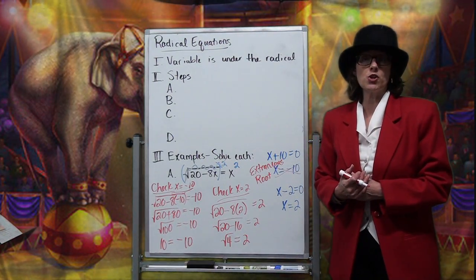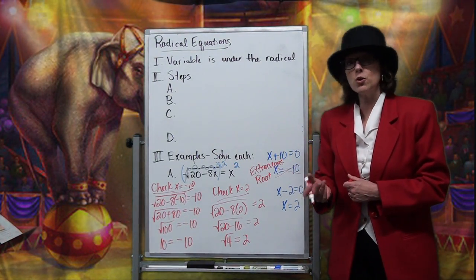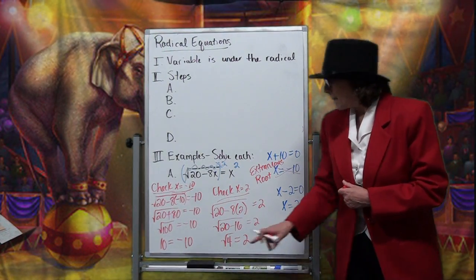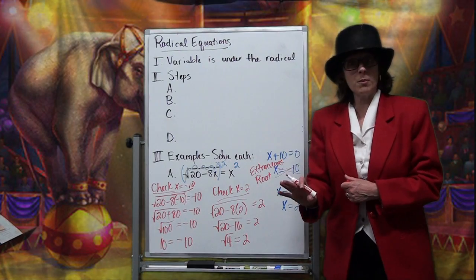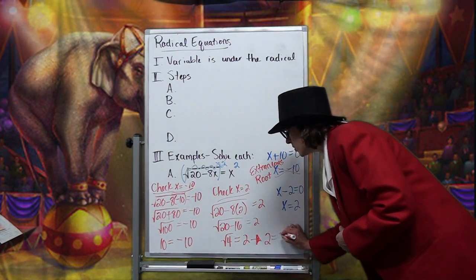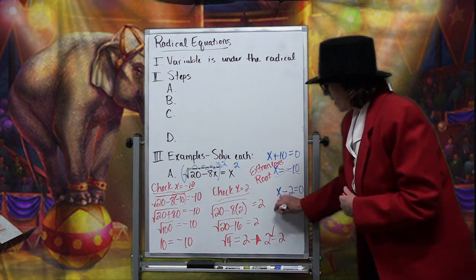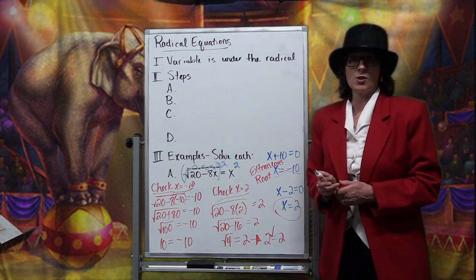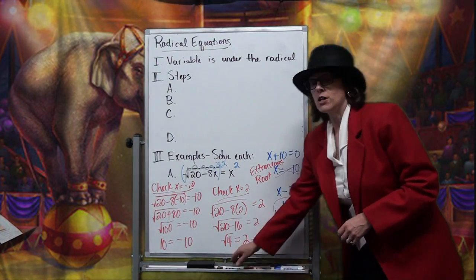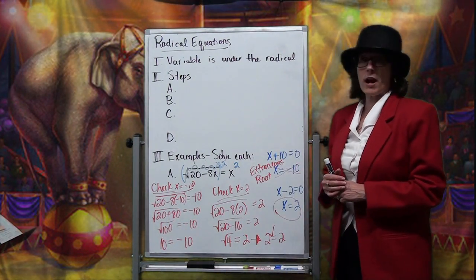Technically, there's two numbers I should be able to multiply to get a 4. A positive 2 as well as a negative 2. Because negative 2 times negative 2 is positive 4. But this indicates I'm only focusing on the positive one. So that results in a 2 equals 2, which is correct. So this is not an extraneous solution. It is a solution. So hopefully what you're seeing here in terms of the steps for solving your radical equations